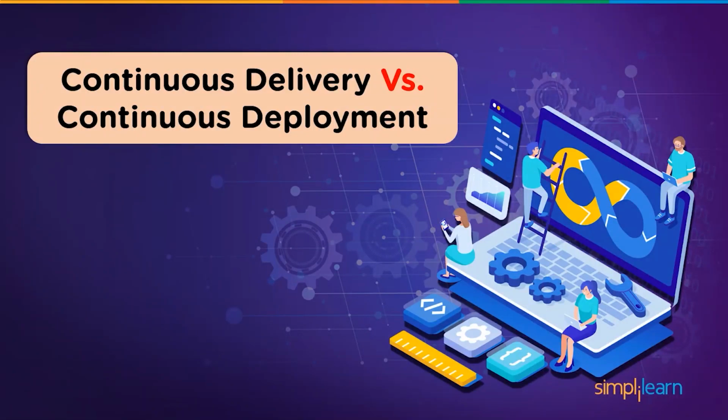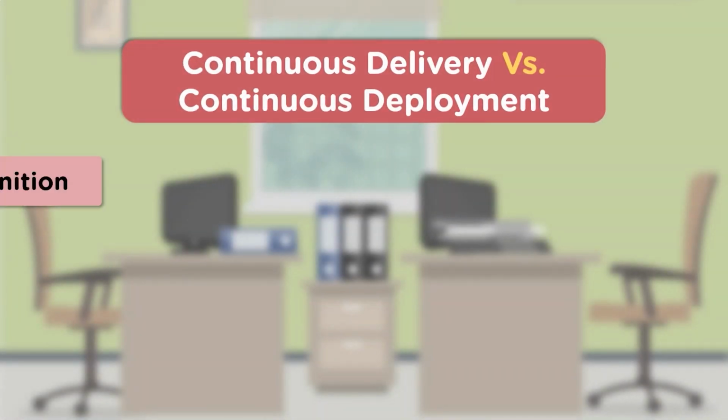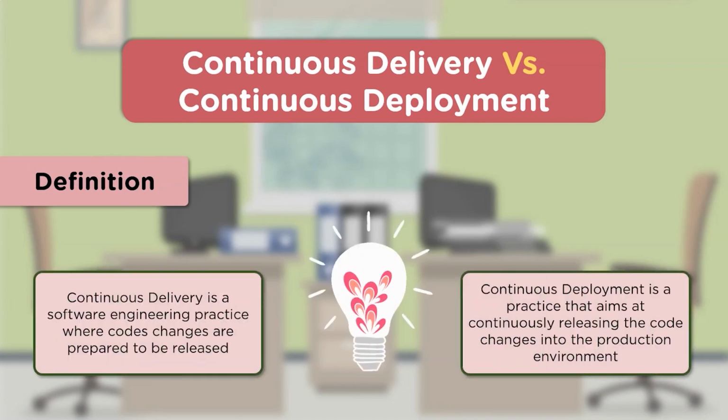Now, when we know the definition of both continuous delivery and continuous deployment, let's see the contrast between the two. We have drawn the contrast between the two on the basis of three major factors. The three major factors are the definition of the two, advantages that they both have, and for whom, or what kind of organizations, use them. Let's begin with the first factor. The first factor we have is the definition. Continuous delivery is a DevOps practice that looks forward towards releasing the code changes to production after all the testing has been performed.